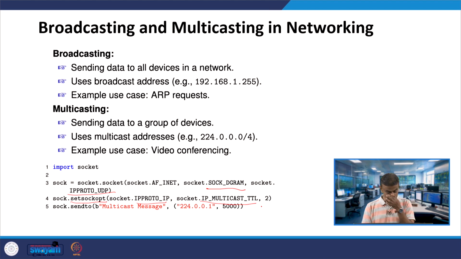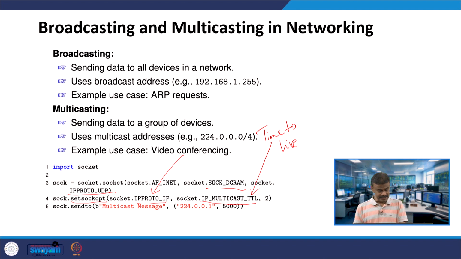What is the meaning of this IPPROTO_IP? It specifies that the option applies to the IP level. The next one is IP_MULTICAST_TTL. This sets the time to live, TTL, for the multicast packet.